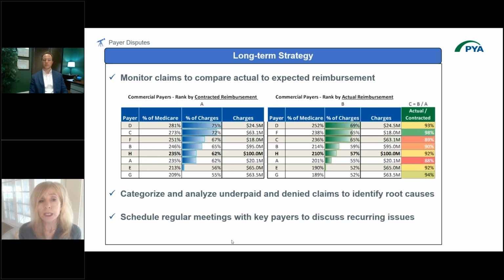The other thing you should be doing is making sure you've got a hospital multidisciplinary team that really understands the key reimbursement systems for those major contracts. What are those revenue code, diagnosis code, HCPCS codes requirements for key services? Making sure that your service departments understand this, your scheduling departments understand this, your claims submission people. We all need to have a common understanding of some of these rules that are really going to be governing